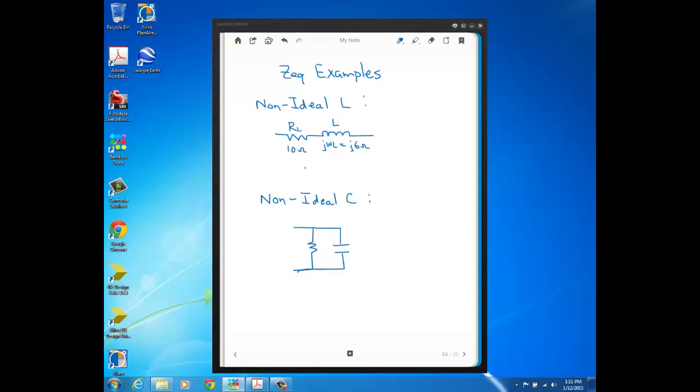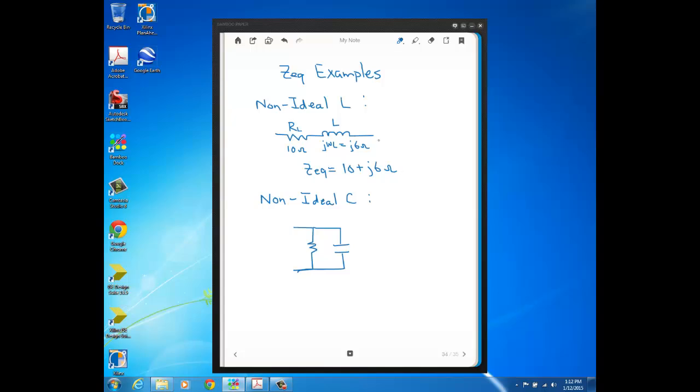Okay, well, to get Z equivalent of this non-ideal inductor, I would just add up these two impedances, and I end up with a complex number of 10 plus J 6 ohms. So you see I just add up the impedances just like I would add up series resistances in DC